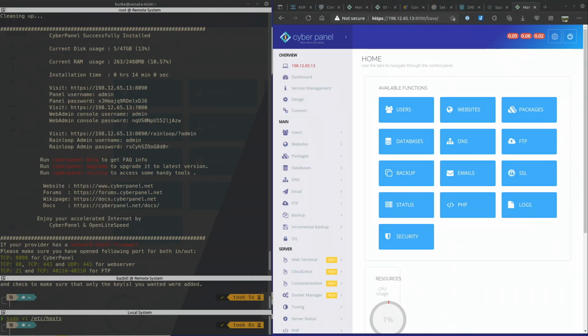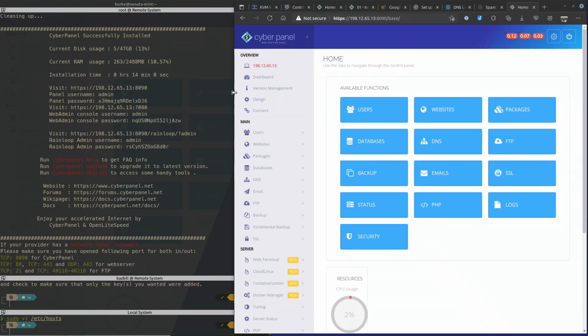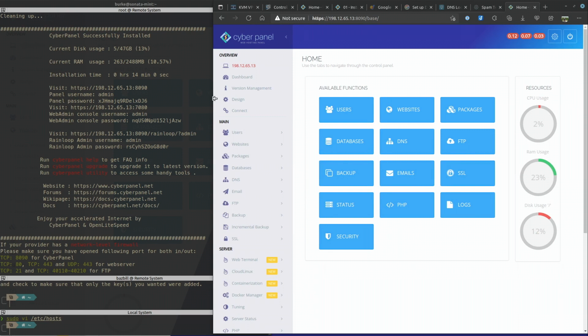Alrighty, now that we're logged in, the first thing we want to do is resize the window here a little bit so that it looks nicer. There we go. Because it's better if we can get the resources to show on the right-hand side here rather than being down in the second row. All right, so now that we've got this resized and looking a bit better, first thing we're going to do